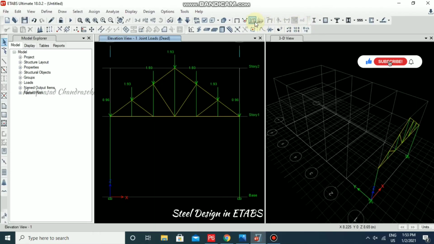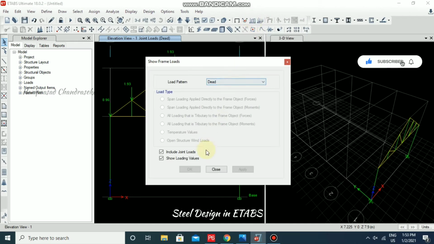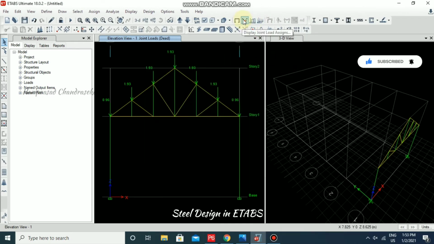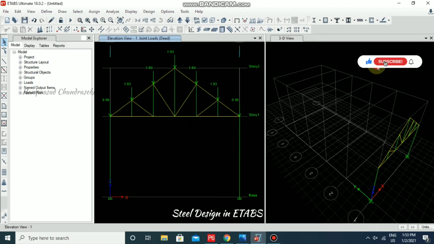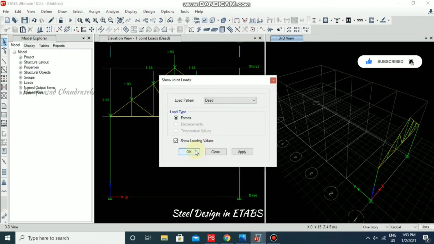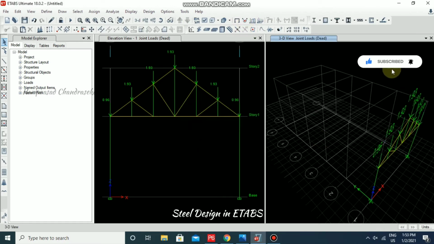So here you can choose display loads, and then there is no frame load, so we must go for this one. In that case, display joint load, and I'm just going for live and then apply. There is no live load, that's why it's not showing. Everything we have is only dead load. So for example, if you want to have loads in this window, you can just go for it and then okay. So everything is visible. So we only have dead load, these values. That's fine. And if you want to go back, you can go for show undeformed shape.